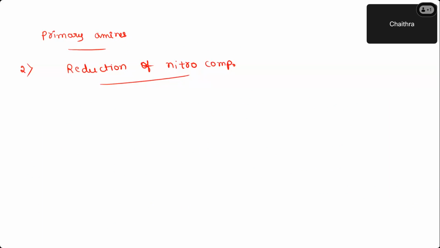Which are the important reducing agents used for this reaction? I can use hydrogen in the presence of platinum, palladium or nickel. This works as a reducing agent. Then you can use tin and HCl, which are also good reagents. Also you can use iron in HCl. All these reagents work as what, guys? Reducing agents. So I'll write the general reaction and show it to you.